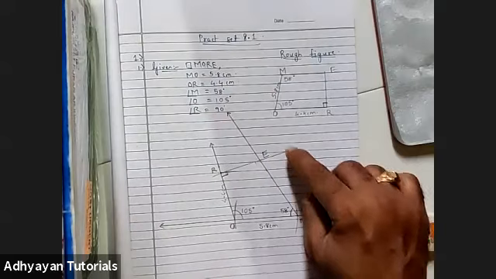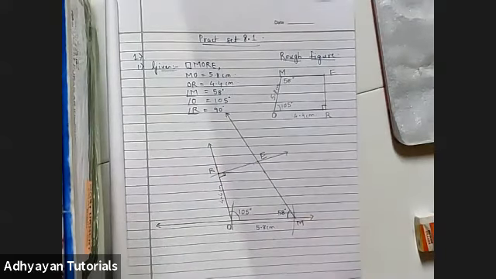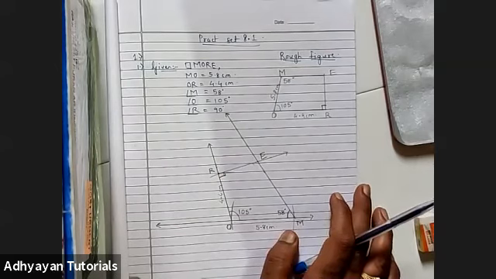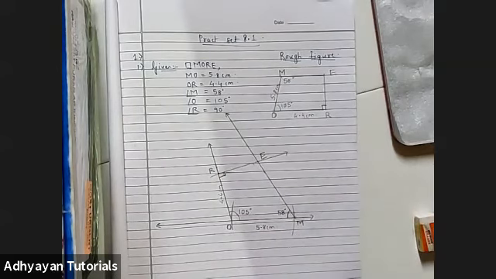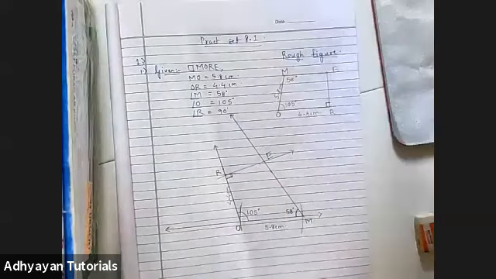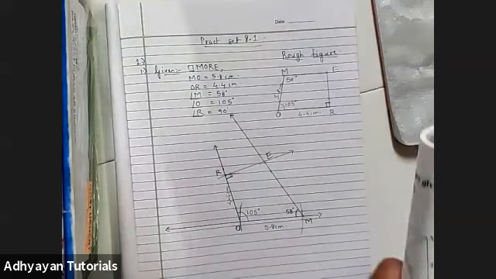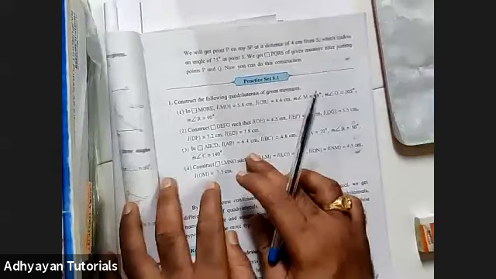I hope everybody has drawn the arrows at the ends of the lines, right? So we move on to question 2. Just let me check what is question 2. If it is similar, we can consider it as homework. I believe everybody must have done it by now. So here is question 2.